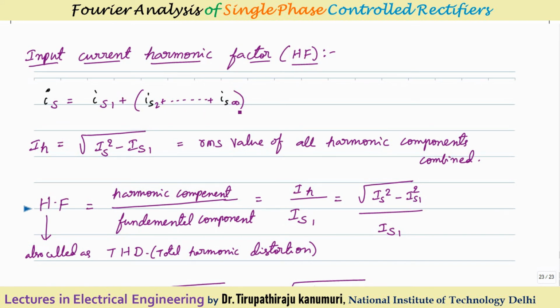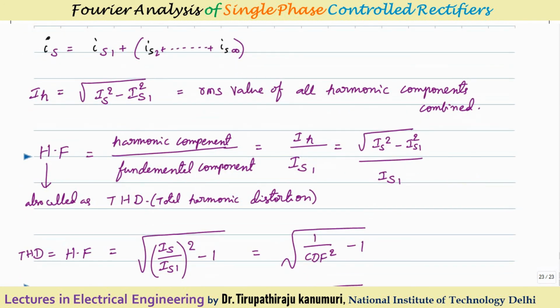So I want to know how much is that component. Out of the total current, I can tell how much is the harmonic component. Remove the fundamental component, and the remaining all constitutes the harmonic component. Agree with me? So that's why I can calculate IH is equal to square root of the total current supplied from the primary side, IS square, minus IS1 square, the fundamental component. Remaining all current will be harmonic only. This will be the RMS value of all harmonic components combined together.